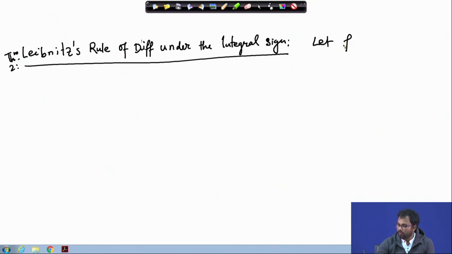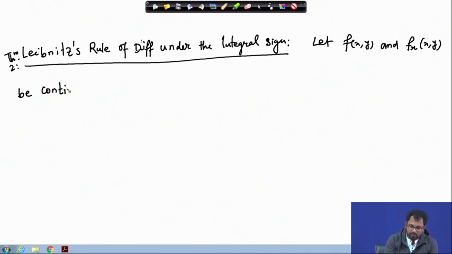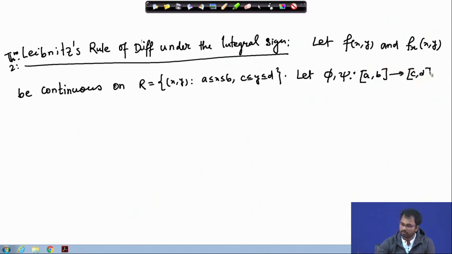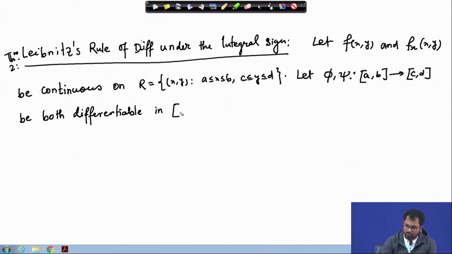So let f(x,y) and its partial derivative with respect to x be continuous on the rectangle R, which is defined as all those (x,y) such that a ≤ x ≤ b and c ≤ y ≤ d, and let phi and psi be two functions mapping from [a,b] to [c,d], both differentiable in (a,b), then